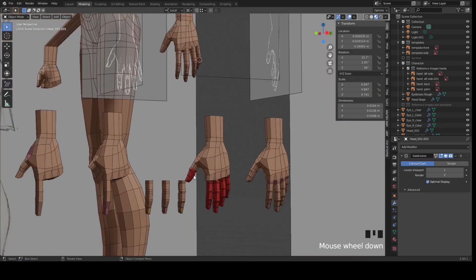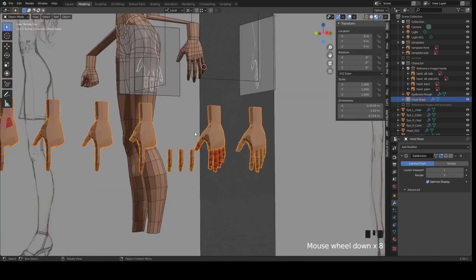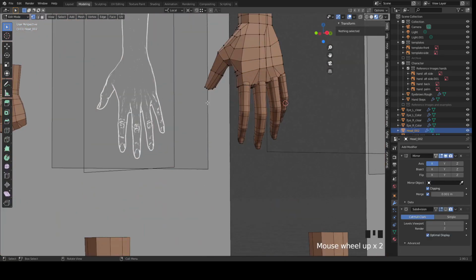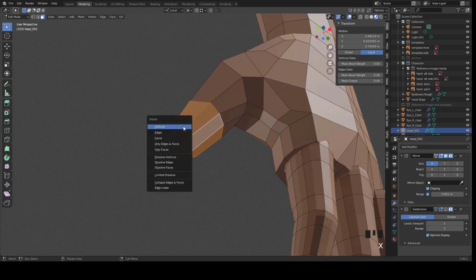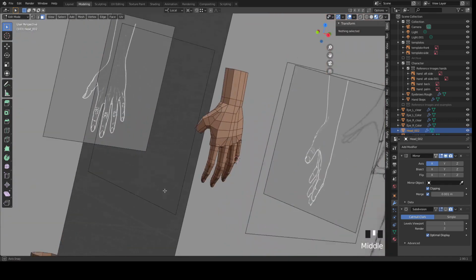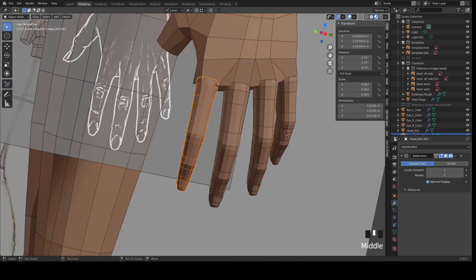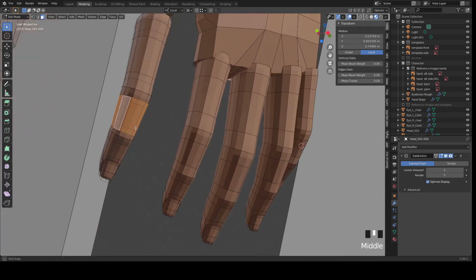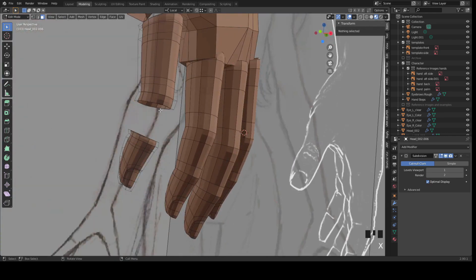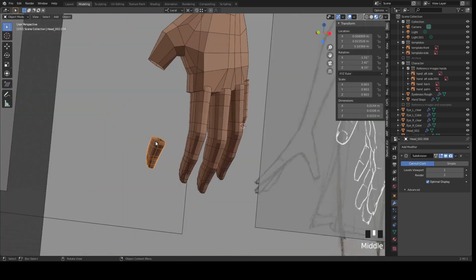So now let's go and add our thumb. You can see here we have just one ring here. Then we have a thumb up to the first knuckle. So what we'll do here, we will select these faces and the tip X faces. We will grab a finger, shift duplicate. We will delete everything up to the first knuckle. Okay, and then we will get this